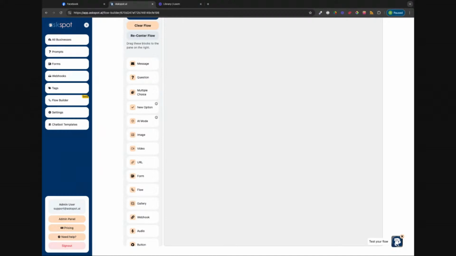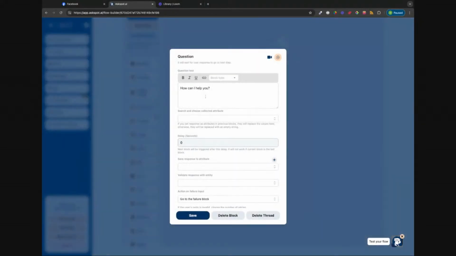When someone initiates a conversation, you may want to collect some information from them initially, like, hey, what's your first name and what's your email address, right? So we could do that, we could start with a question,